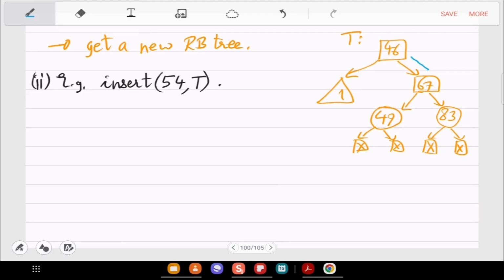So you go to 67, then you go to 49, and then what? Then you want to go to the right of 49. Right, so you insert 54 here, and then what happens?